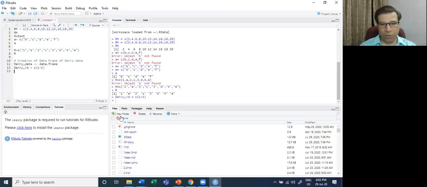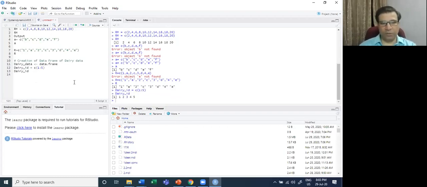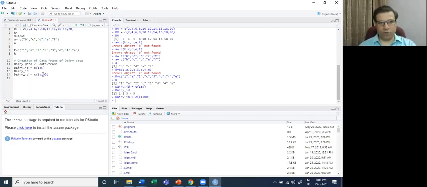I run this code, and you will find that this code has been run. Now I can call this data frame. The moment I enter dairy underscore ID again, the items have appeared. The same thing can be used for calling various data frames. So you can call the data frame with an ID of more than 100. Let's try it. You will find the ID with this, and we can get the random numbers from the data frame.